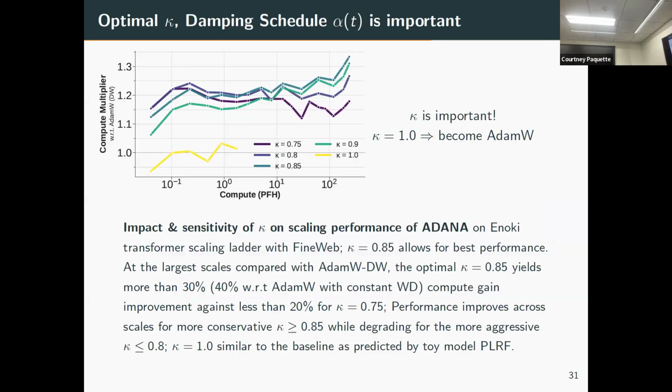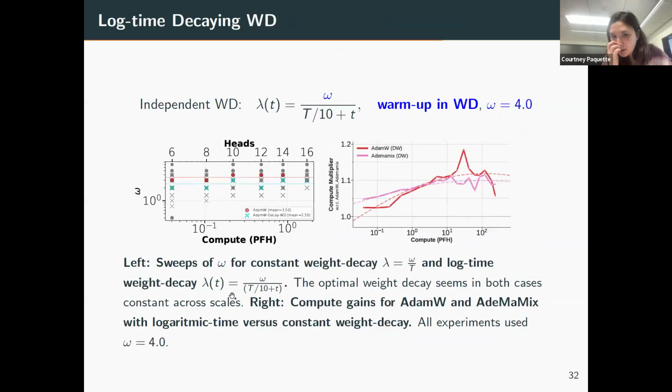Kappa is super important. If you're a little bit off from the right choice of kappa, like this is 0.75 to 0.9, what you can see is that 0.85 is pretty good. If you're at 0.75, you're maybe only 20% better than Adam, whereas at 0.85, you're like 40%. So the choice of kappa is super important. The other thing which is important to note is that if you choose kappa equal to 1, you recover Adam, and indeed you do that here. So you somehow are matching theory with what you expect for kappa behavior.